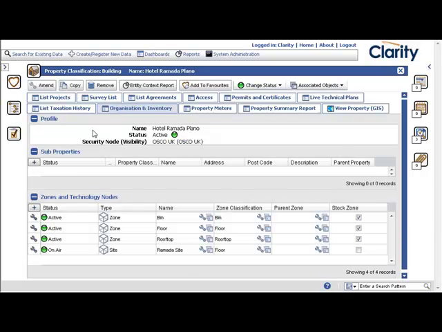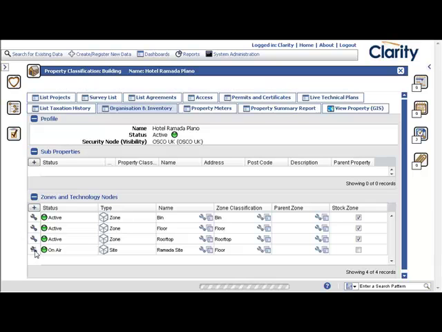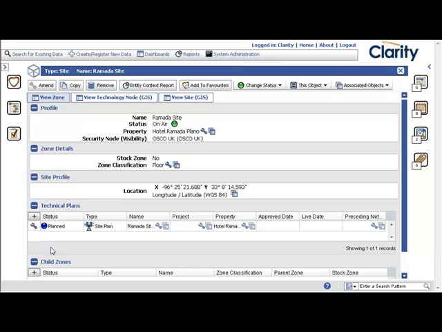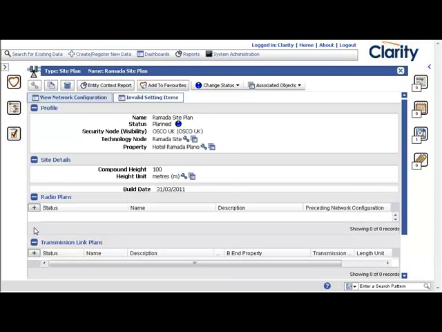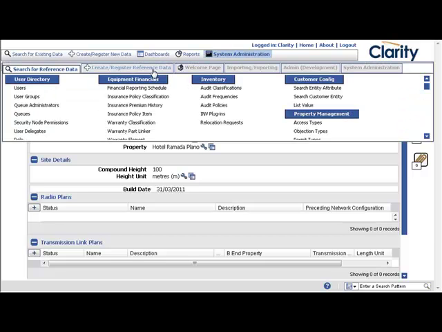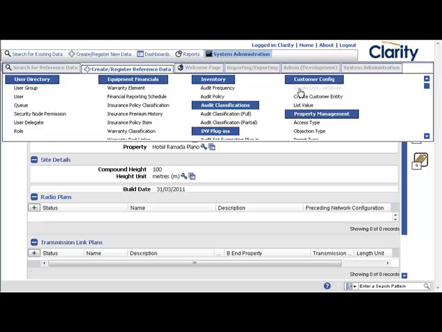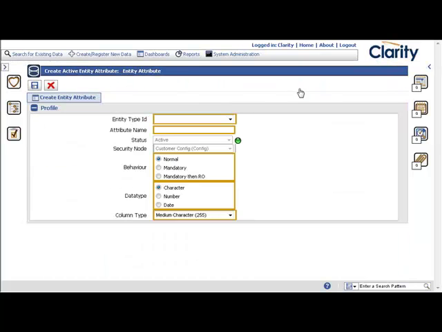And of course, with ongoing management of the process, there may be requirements to add fields or capture new data or store local information in relation to those sites, as we can see here by the technical plan. And by going into further details of that, we have a build date, and there may be a requirement to add a completion date at this stage. So by carrying out a system admin search to create a new data or entry attribute,